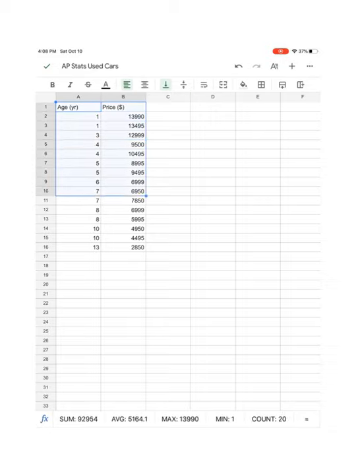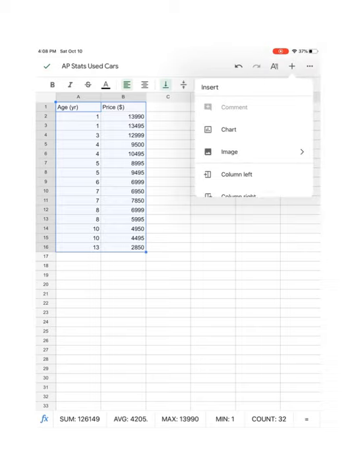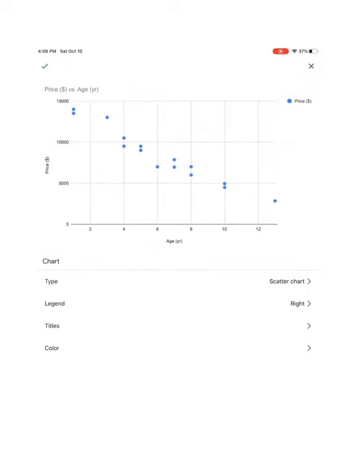But if I highlight both of them, my age and my price, and I go to this plus up here on the upper right hand corner like so, and I go to chart here. I want to add a chart. Bam, right away it gives me a scatter plot, and it gives me my prices for year. It gives me year as my X, my prices as my Y instantly,